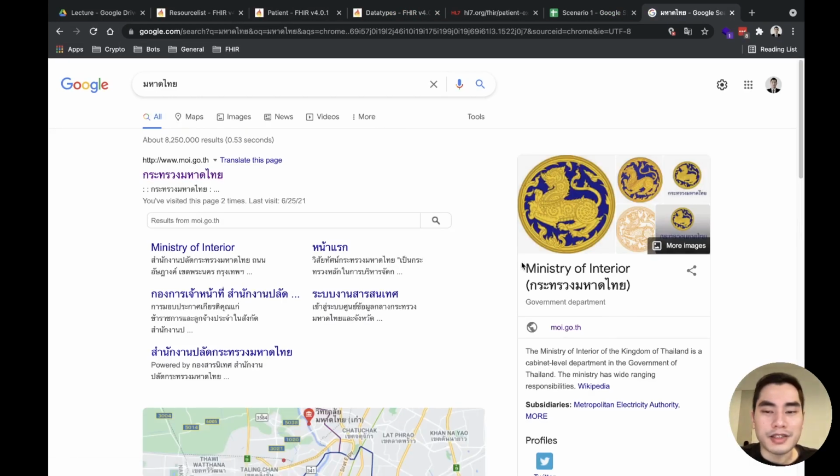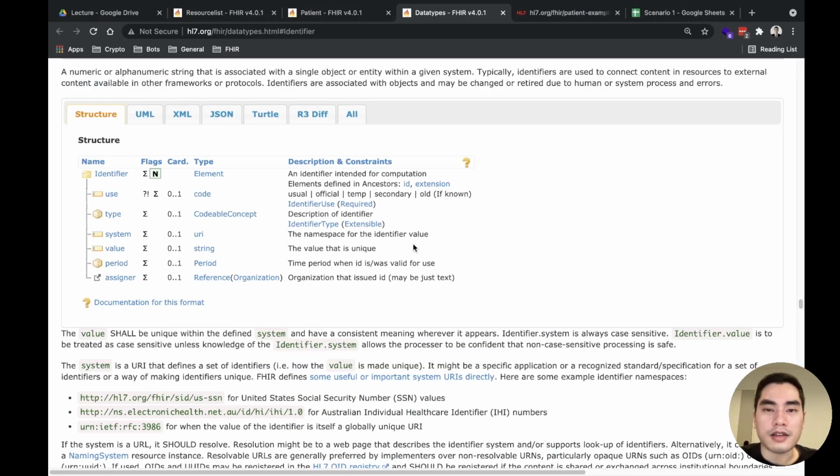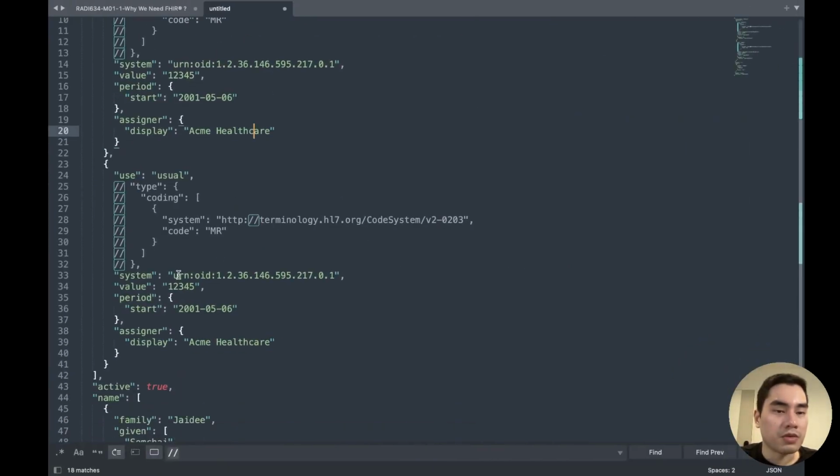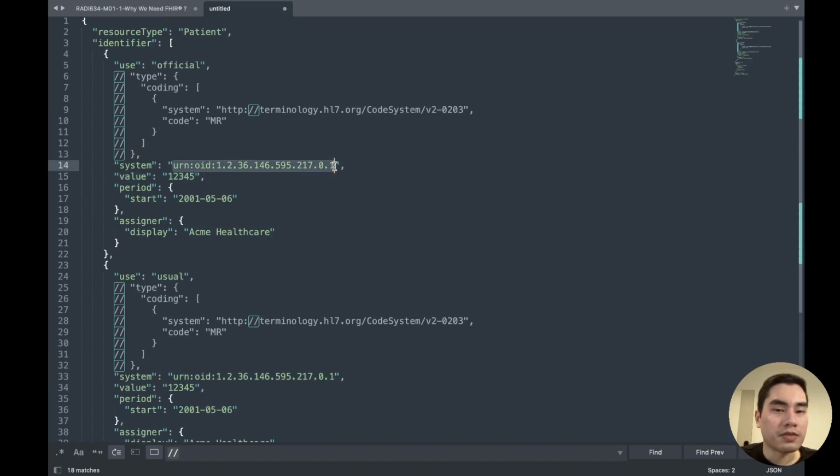Yes, this Ministry of Interior is the one responsible for the national ID, so maybe I use their website as the system of the identifier, and maybe this national ID, something like that.